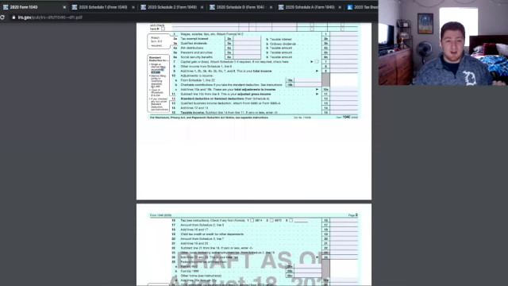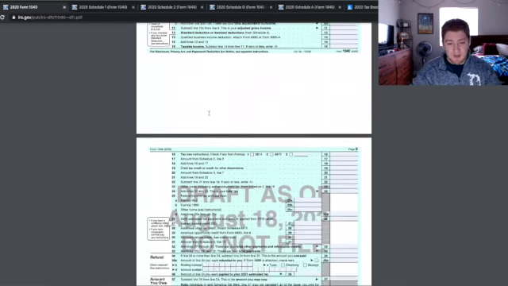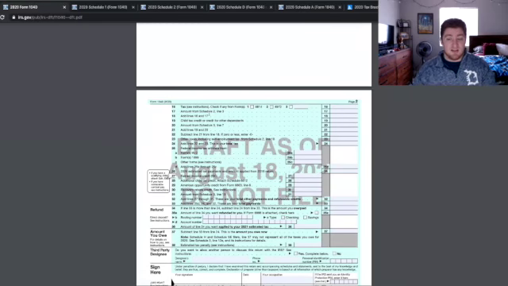So once you figure out whether you're taking the standard deduction or the itemized deduction, there's this new thing called qualified business income. Most of us won't apply for it, so I won't bog you down with the details. It's just something new with tax reform. And so finally, we calculate our taxable income. So if we go down here, we actually take a look at how to calculate our tax, which I will jump into explaining in more detail next week.